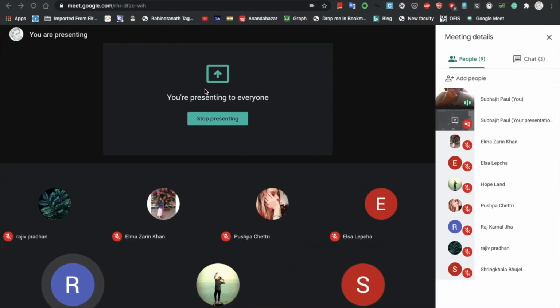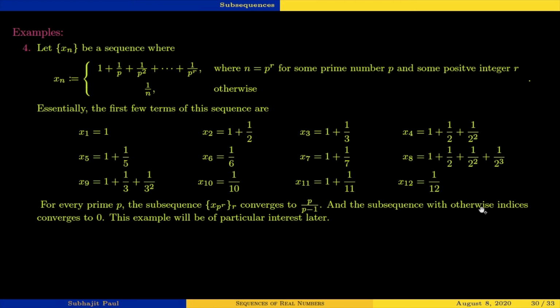Okay, so this is going from 1 plus half, so for x p to the power r,